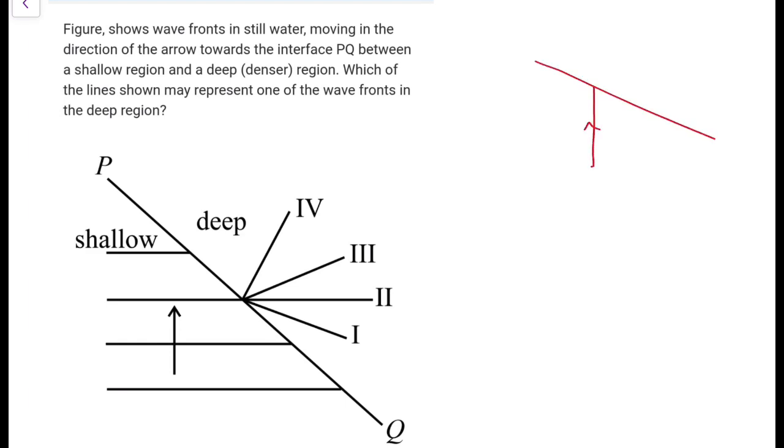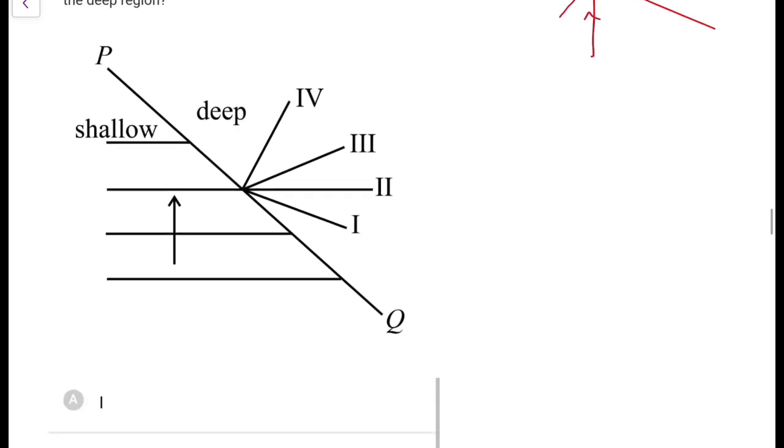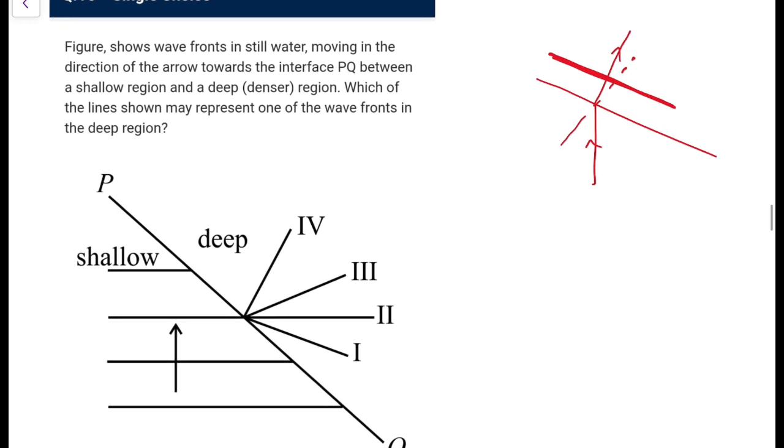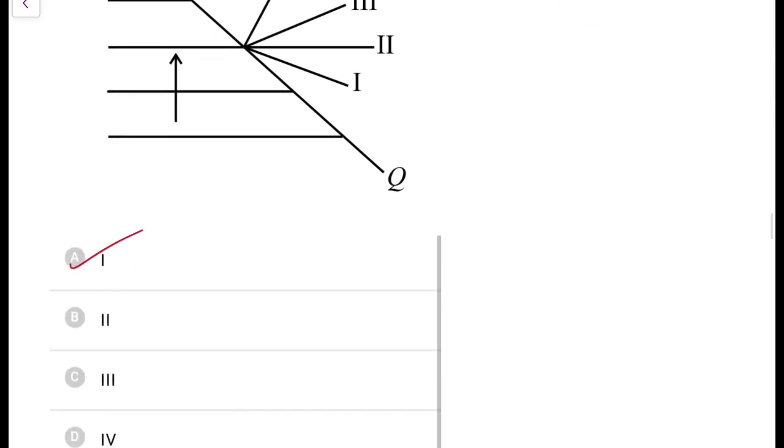Draw the ray diagram first of all. This is the perpendicular, it will bend towards the normal, so it will go like this. The wavefront would be perpendicular to this, so it would be something like this. As per the available options, only the first one I think is the possible answer for the wavefronts. So always do it this way. If you have difficulty in judging from the wavefront, better is to draw the ray diagram. That's a sort of ninja technique to solve the question. Otherwise, from the wavefront analogy also you can make it out, but better to go with the ray diagram. That's the most appropriate thing.